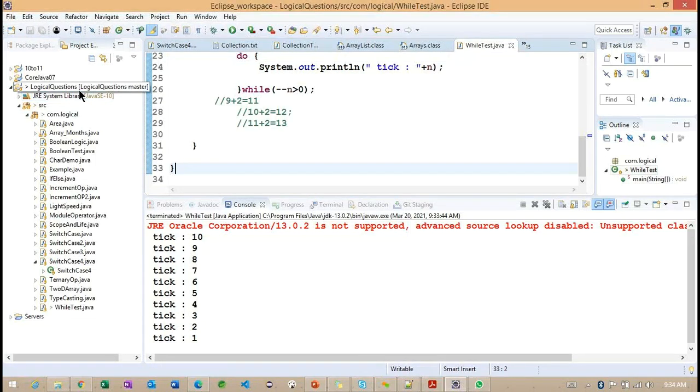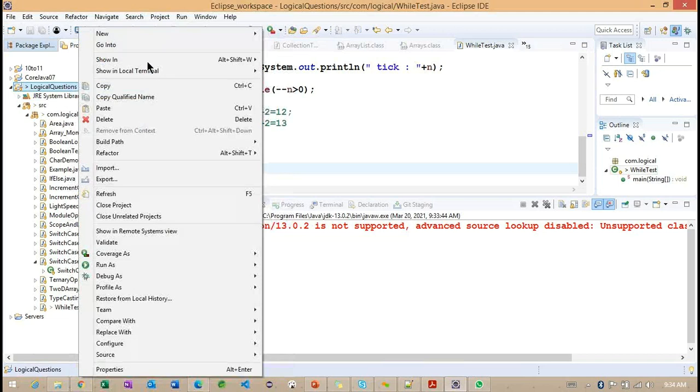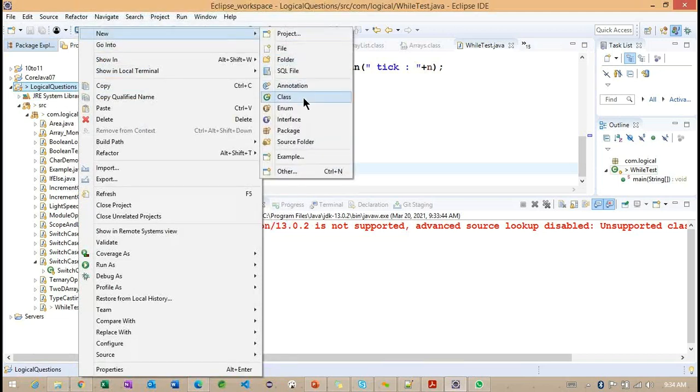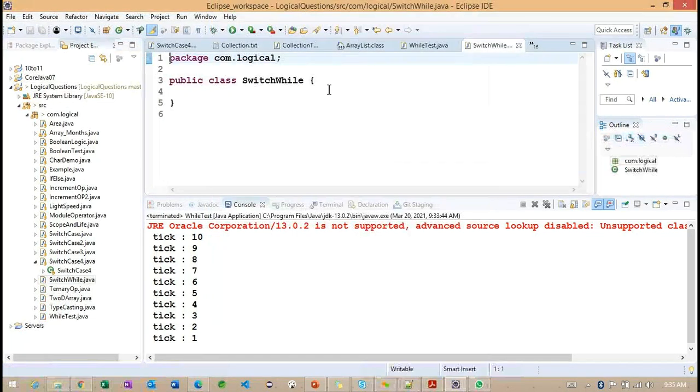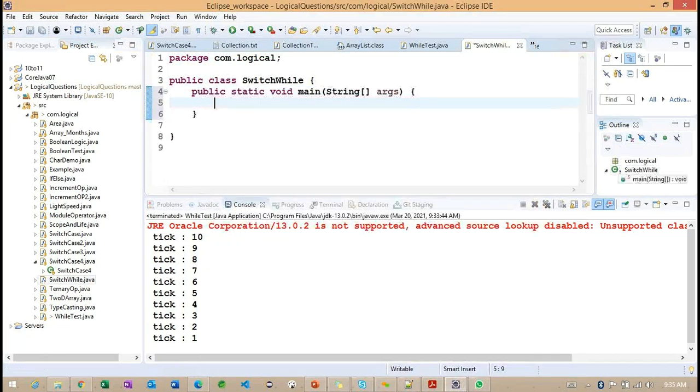Okay. Observe carefully. This example will have a little bit more information, with switch and do while here. Now observe carefully what I am going to do.